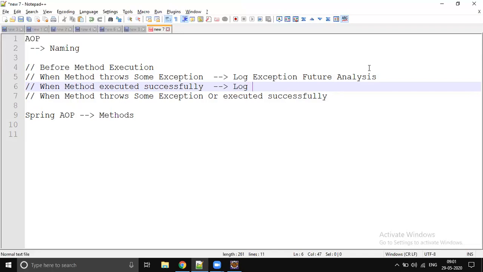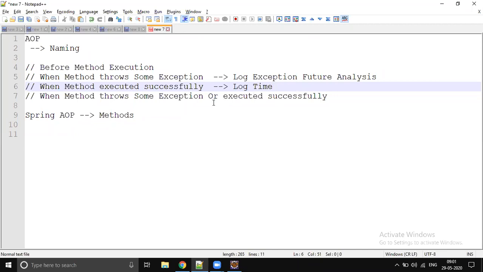How much time that method took, right? You can log the method execution time. For example, if any method is taking more time, you can easily go to that particular method instead of checking all methods for where the issue is coming from, and you can check why it's taking time.